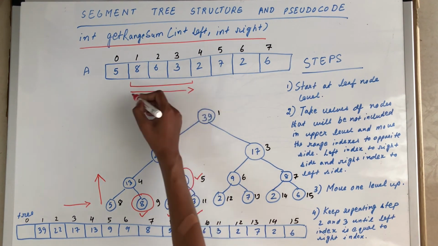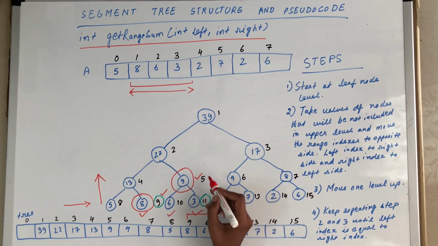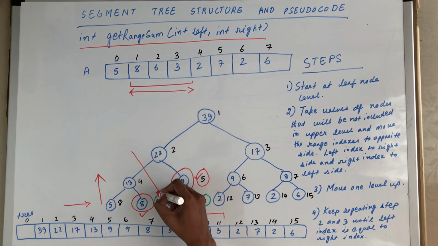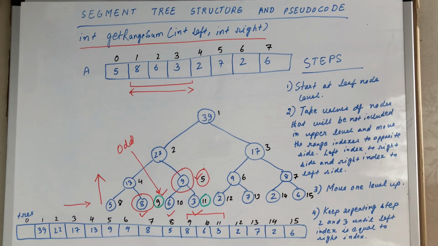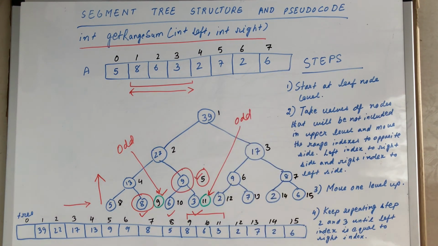We wanted a range sum for index 1 to 3, which is index 9 to 11 in segment tree, so left index is 9 and right index is 11. We took index 9 and then went up and took index 5. In segment tree, if left index is odd, we take it, and if right index is not odd, we take it. Otherwise, we leave it, as it will be included in parent node. You can check with a different combination of odd and even value for left and right indexes to see that above statement is correct.